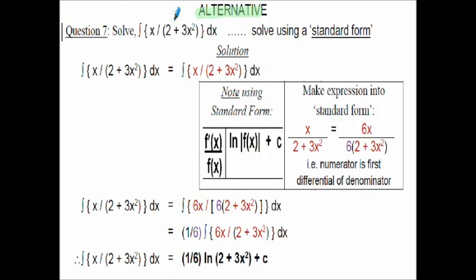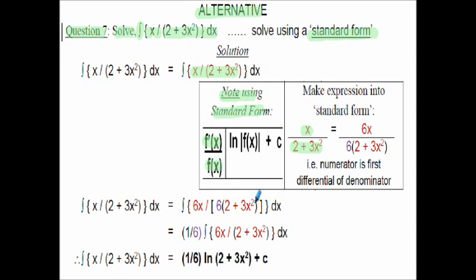Here's an alternative solution to question 7 using standard form. We're asked to solve the integral of x divided by 2 plus 3x squared with respect to x. If we consider this expression inside the integral sign, we've got x divided by 2 plus 3x squared. Now if we look at a standard form of the function dash x over a function of x,